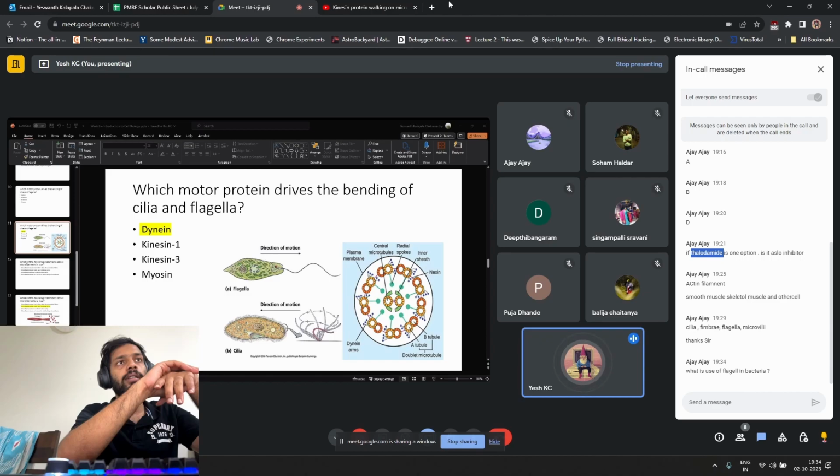So the size of the flagella might vary from bacterial species to species. Some bacteria might have very large flagella, some might have very short flagella, and so forth. Some will have one, some more. Why will bacteria require flagella? Where do they want to move? Because just multiplication is enough from cell to cell. Right, but